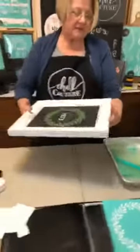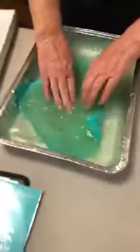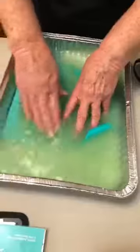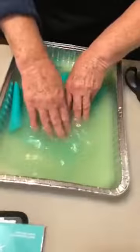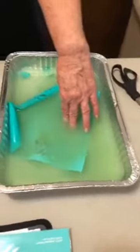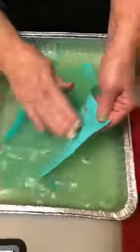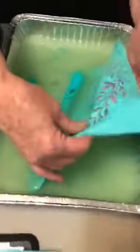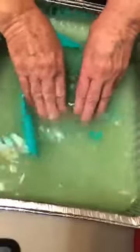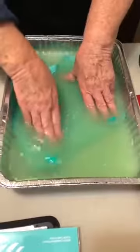Right now, I'm going to set it down. We're going to show you how to wash these off real quick. It's not hard. You just lightly rub, and the paste comes off. We're going to need the tea towel over here now. We don't worry about whether it stains it. The important part is that it comes out of the screen. But we're going to get as much of this off as we can. And once we get it off,